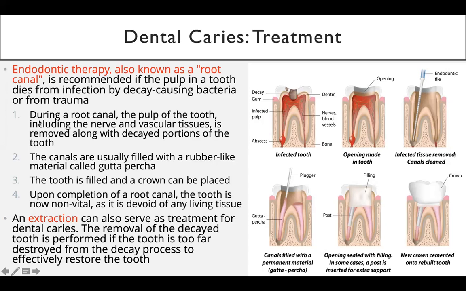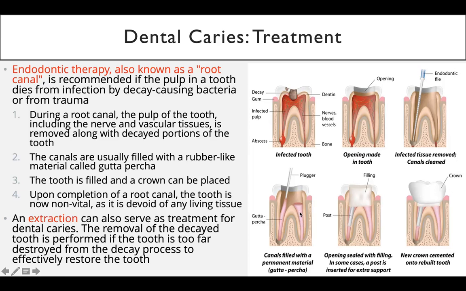How is it performed? Let's see. During a root canal, the pulp of the tooth, including the nerve and vascular tissues, is removed along with decayed portions of the tooth. So we do irrigation, we remove the nerve, we remove the vascular tissue, vessels, and also the decayed portion of the tooth. The canals are usually filled with a rubber-like material called gutta percha. So we use gutta percha, the rubber-like material, to fill the canals so that the root of the teeth